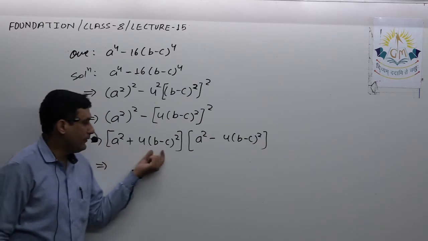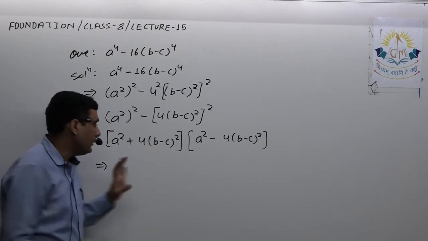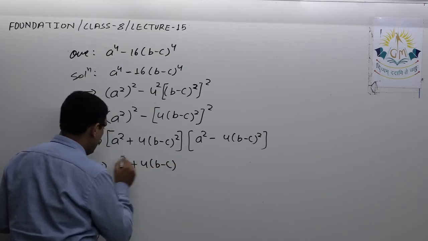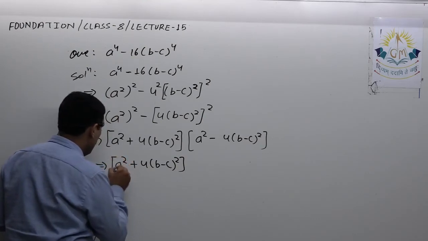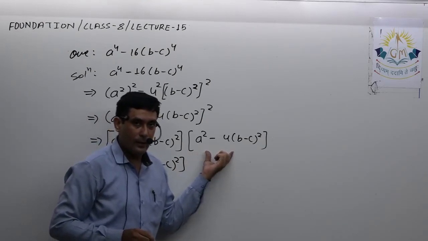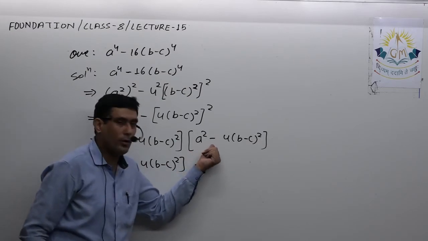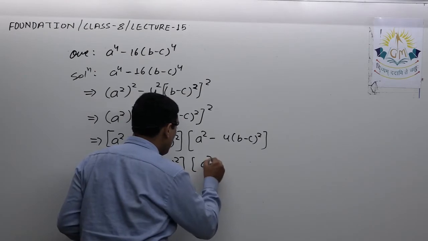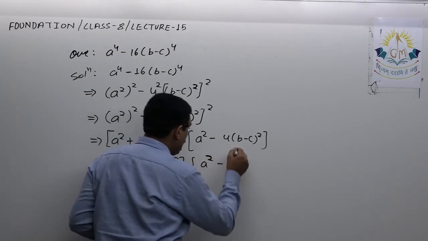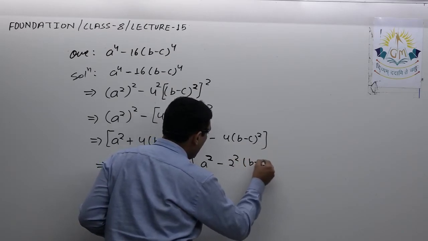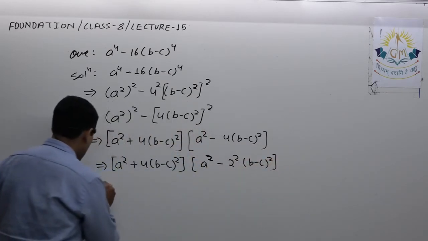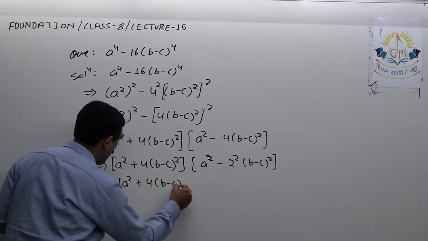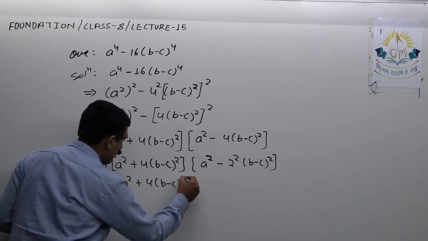At the max we can apply the identity of b minus c whole square, but for a while I'm writing it as it is. Next step I will think whether I have to expand it or not. Here definitely I check whether I can apply the identity of a square minus b square, because the minus sign is there. Now these two terms are completely square, so here I write a square minus, see, this can be written as 2 square b minus c whole square. Okay, so here I write this as it is, a square plus 4 into b minus c whole square.